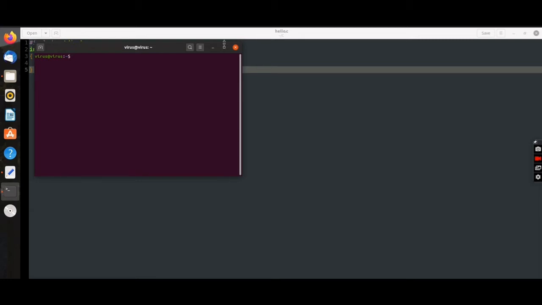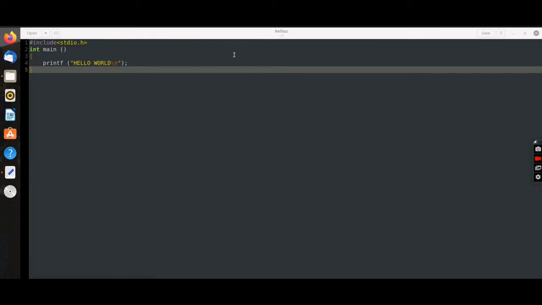Before I run it, let me go into the folder where I have saved my C programming file. I have entered the folder. Now I'm going to compile it. Here we can see the output of the program we wrote. But what happened exactly, how is the human language converted to machine-level language? We will check it in more detail.